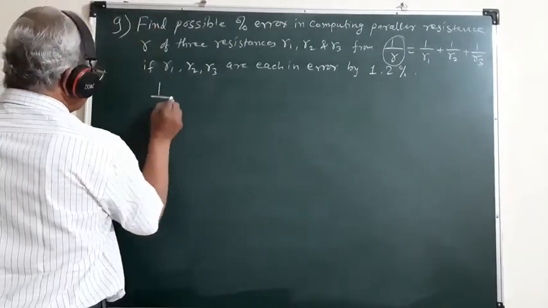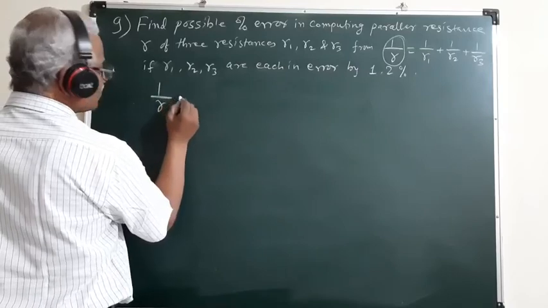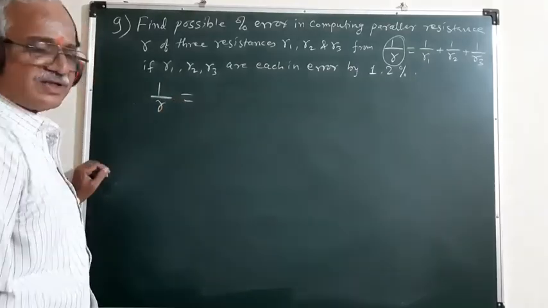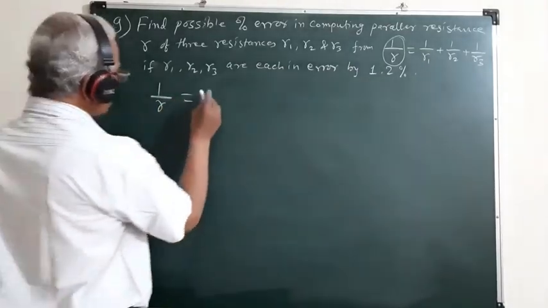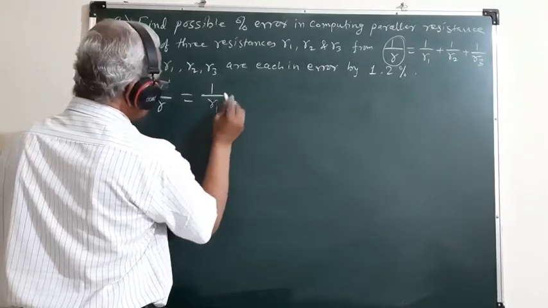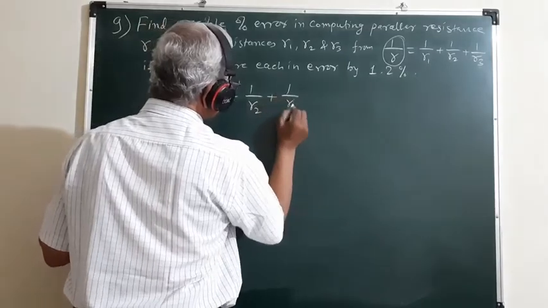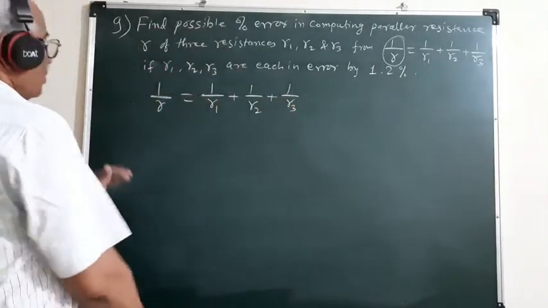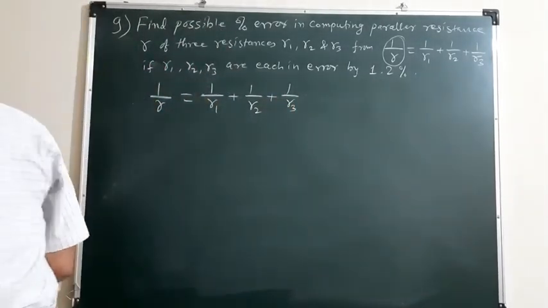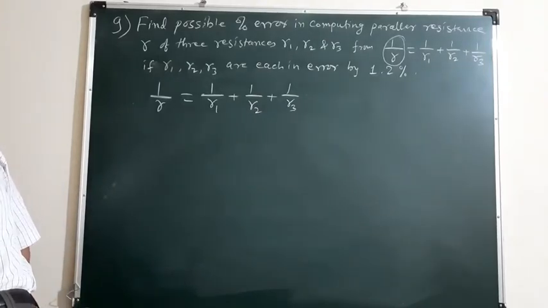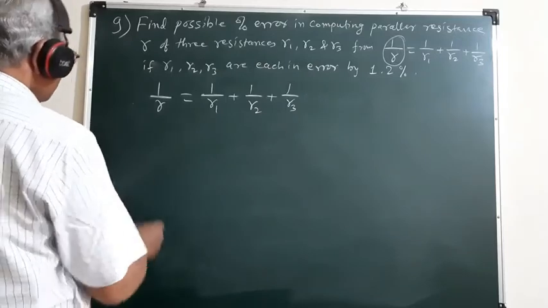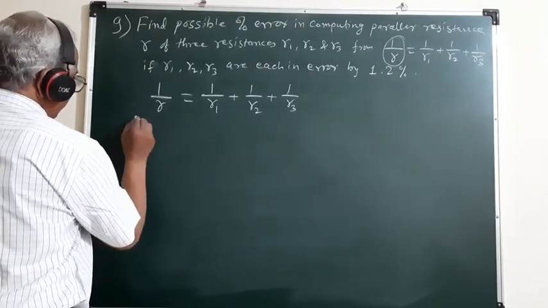We have the expression for the equivalent resistance of the parallel combination of three resistors, given by 1 by R is equal to 1 by R1 plus 1 by R2 plus 1 by R3. So this expression gives the equivalent resistance of the parallel combination of three resistors. Now, if we differentiate this expression,